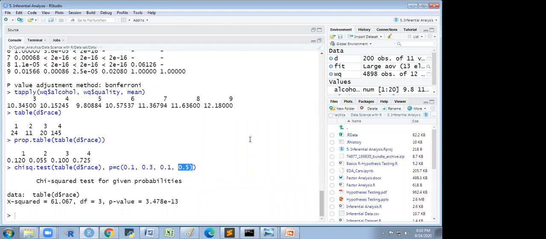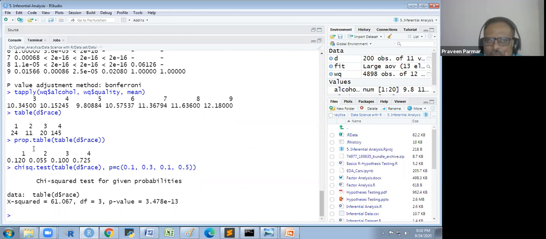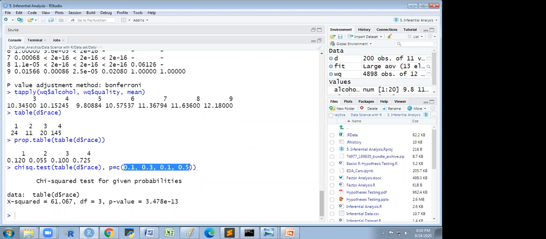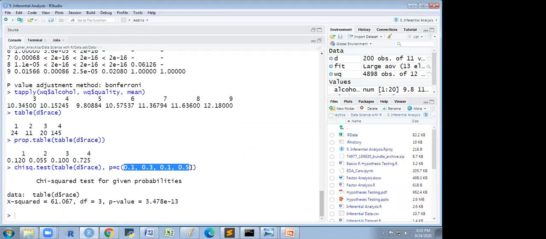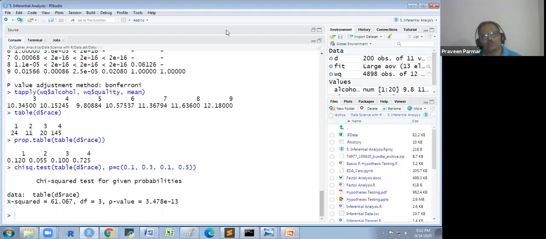I was just wondering why we didn't compare P with respect to the proportion table. For this I have prepared this proportion table, and these are the norms already given to us. This probability distribution is given to us, and we have to check whether this proportion fits here or not. Okay. Thank you, sir.